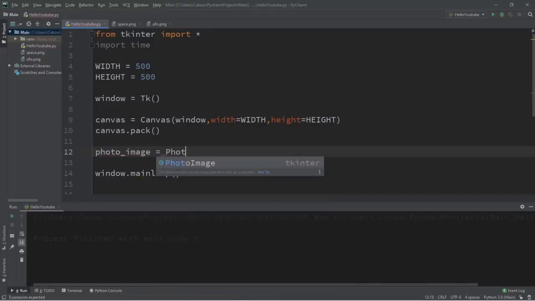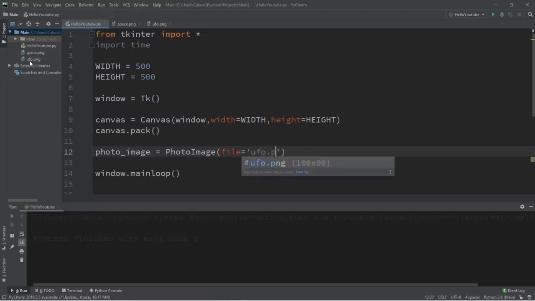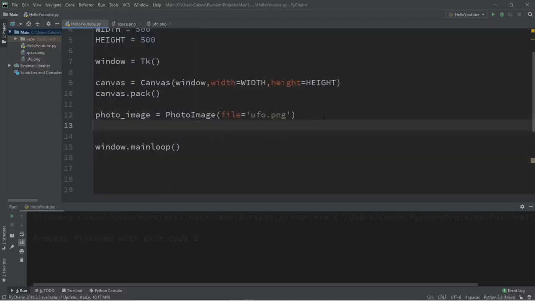This equals PhotoImage, and I need to list the file path or the file name. Since this file is within my project folder, I only have to list the file name, and for me this is called ufo.png. Our next step is that we're going to take our photo image and add this photo image to the canvas,